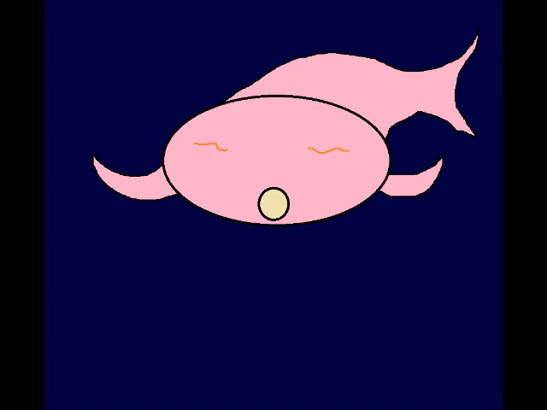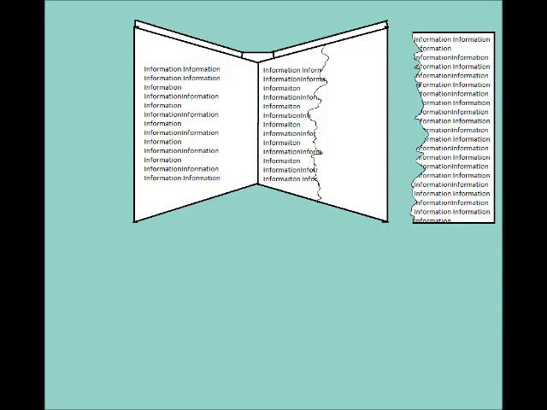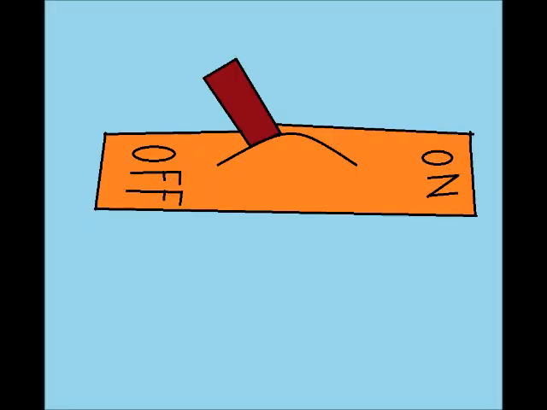From a genetics perspective, there are two main possibilities on how a fish would be born blind in the first place. One possibility is that information would be deleted from a fish's DNA that is necessary to produce the eye. This is analogous to tearing out the pages of a book. A second possibility is that there is a mutation in the control mechanisms of the DNA, causing the information that is still either mostly or entirely present to be turned off.